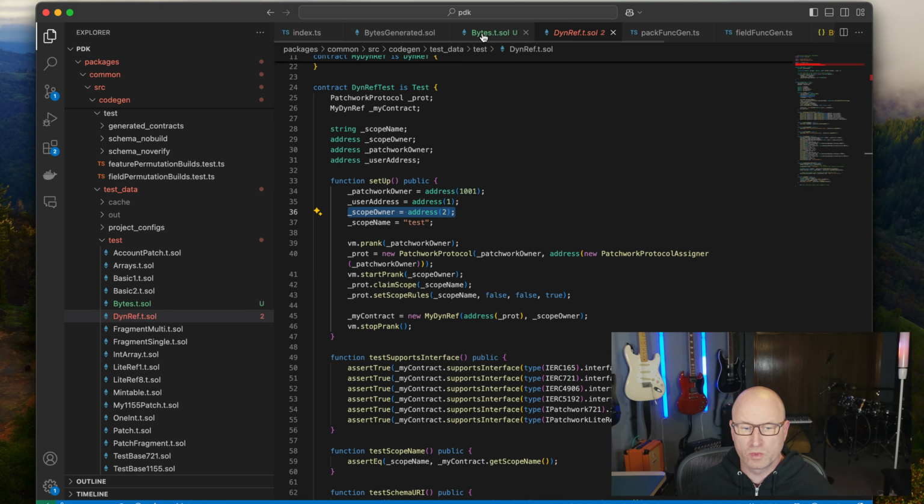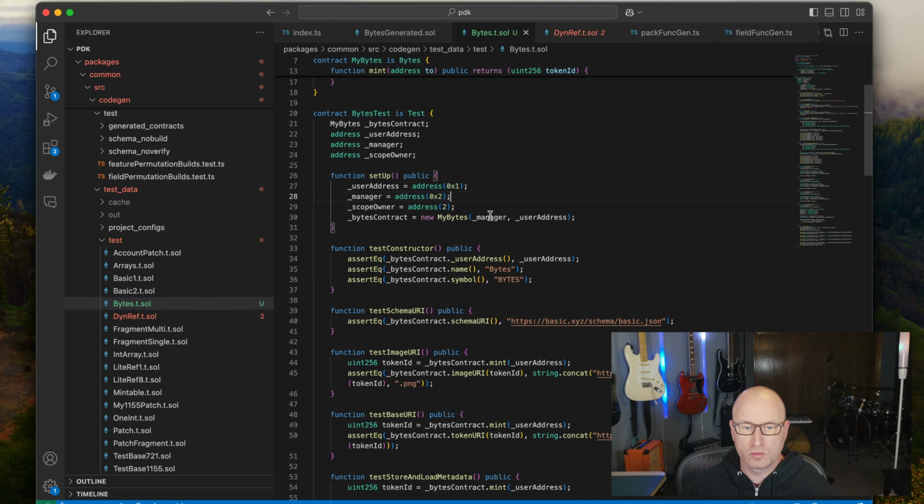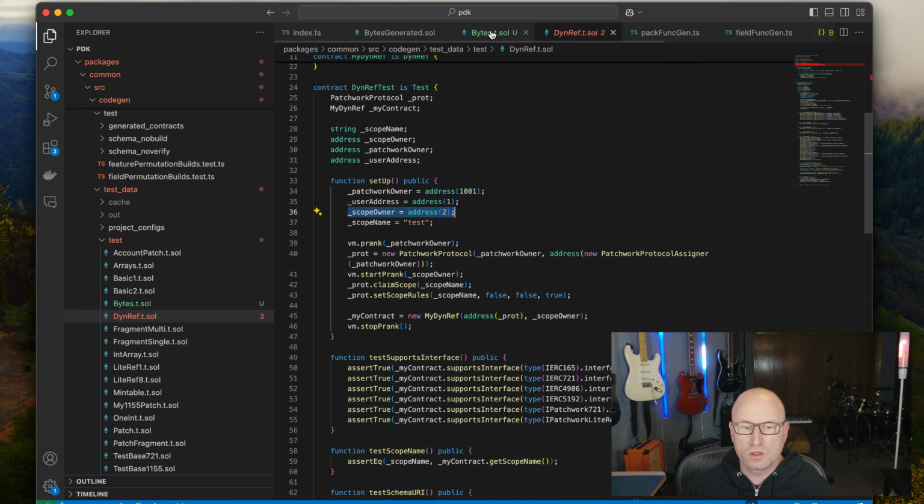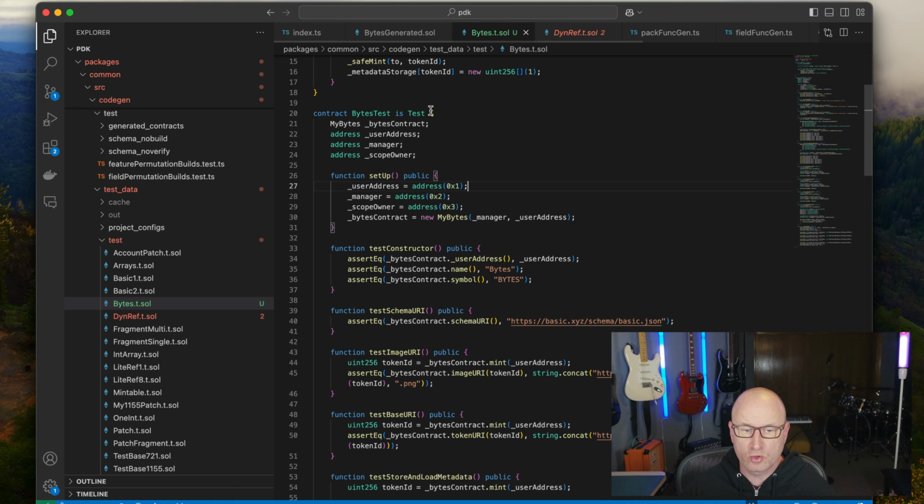It's funny, on this one we actually deployed Patchwork protocol to make the test. Over here it's really not necessary, so it doesn't matter. Just make it something different. Okay, and then I'm guessing, yeah, we deployed it, so we deployed it as scope owner, and that makes it so that